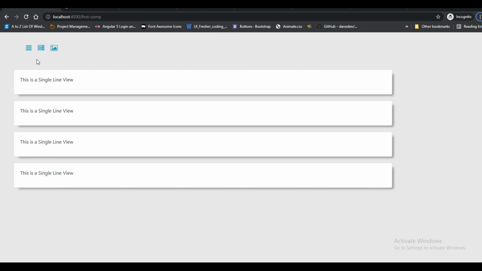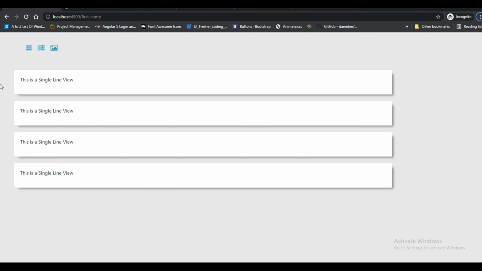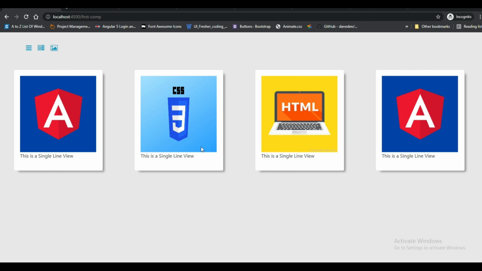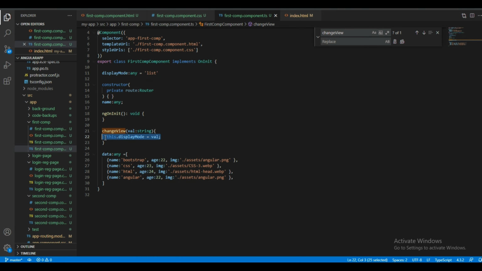So list is coming right now. If I remove this one, it won't show anything because there is nothing to display, right? So here it comes to the thumbnail view. So here comes a card view, image card view. So in this way we can display view in a single line of code.